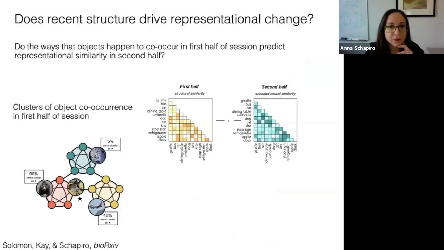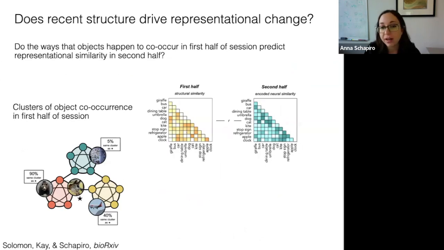Okay, so we don't know what the cause of that change is. It could be just endogenous drift. It could be related to learning and your experience in the environment. It's hard for us to know. But we can ask whether there's any change that happens within an individual session, so on an even faster time scale. And in this case, we might be able to say something more concrete about what drives the changes.